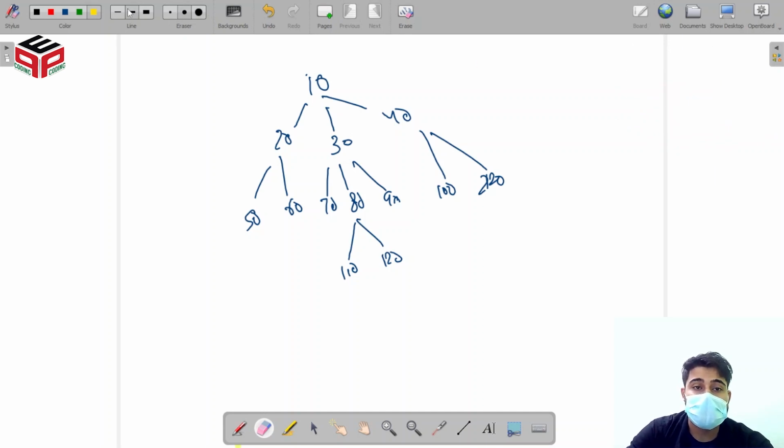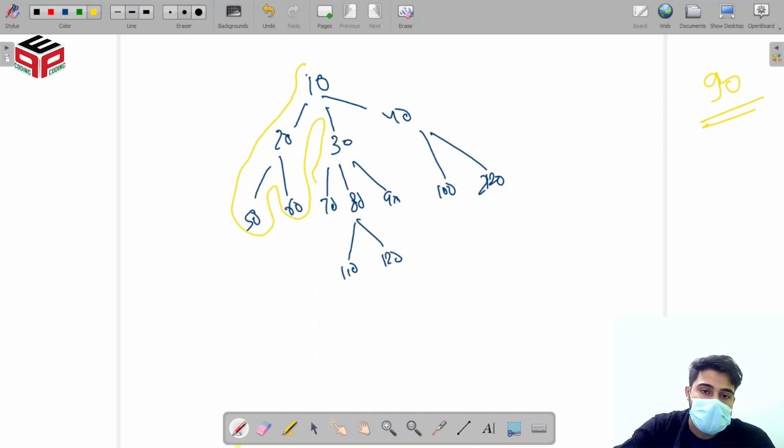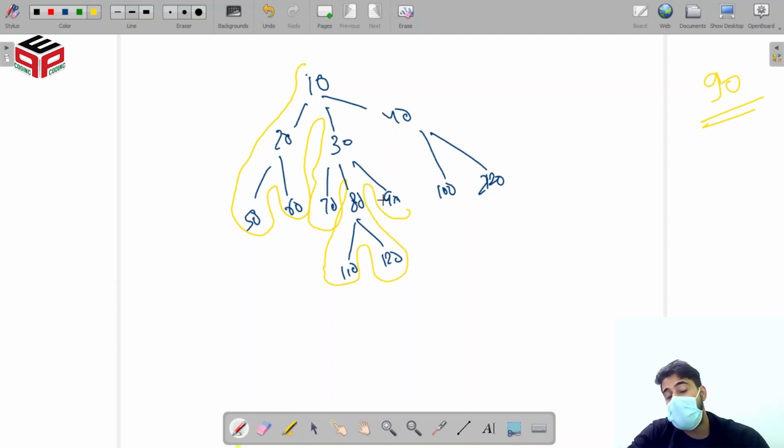Let's try to understand the intuition behind this question, and let's try to solve it. As I told you during the explanation of the question, the intuition was nothing but the same that we discussed in the multi-solver problem. Here we just do the pre-order traversal, and during the pre-order traversal we keep on moving, 110, 120, we reach the 90, that is the critical point. For this 90, in the pre-order traversal, the node that is accessed before that is 120. So this 120 will be nothing but our